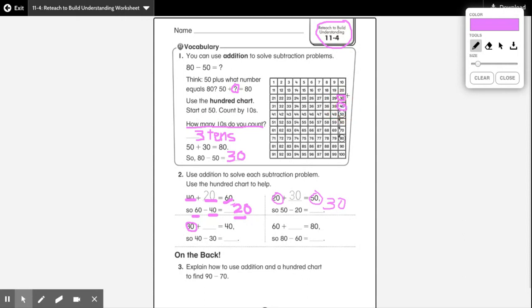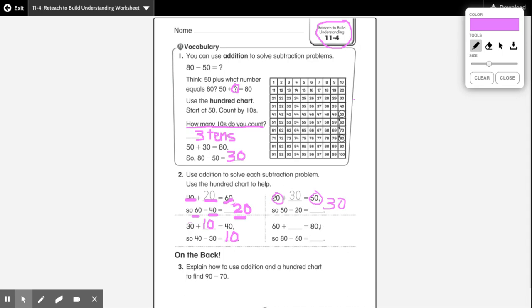Okay, and here's 40. Okay, everybody count with me. Ready? 10. It only took me 1 10. So 1 10 equals 10, right? So we can go ahead and write the answer. So 30 plus 10 equals 40, which means 40 minus 30 equals 10. Okay, and then the last problem is,